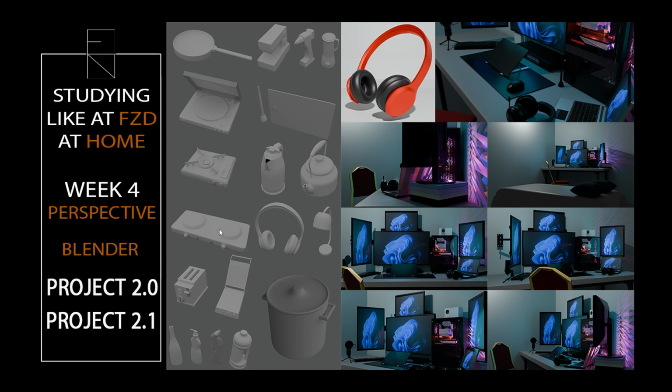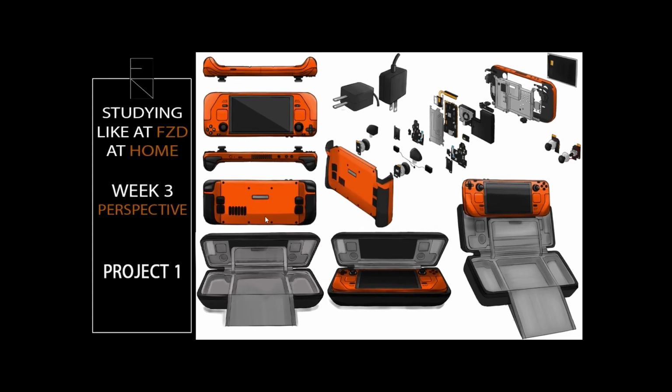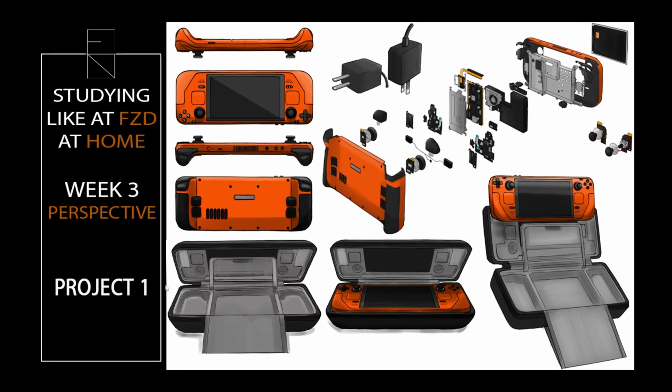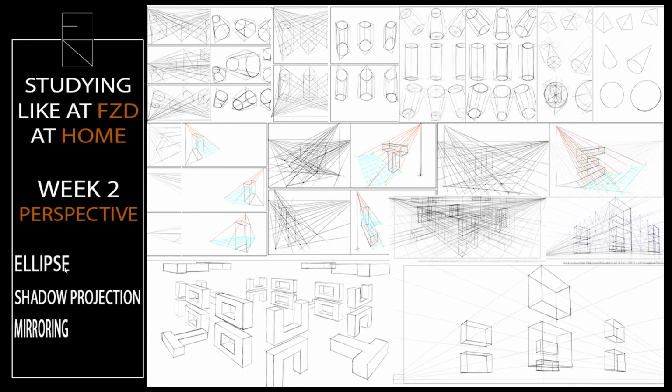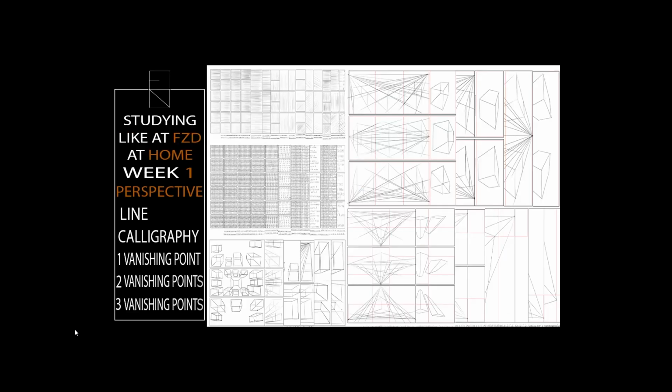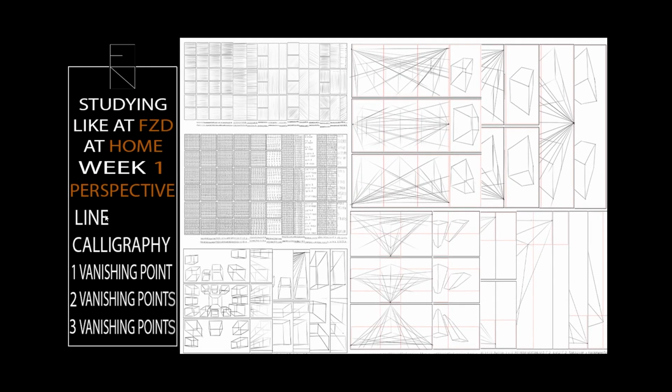So I'm assuming that you already watched the previous videos. I'm talking about week 3, where our goal was to do project 1, this image over here. Week 2, where we learned how to draw ellipses, how to do the shadow projection, and also how to do the mirroring. And week 1, where we talked about the line, calligraphy, and 1, 2, and 3 vanishing point perspective. So I'm assuming that you already have all of these,